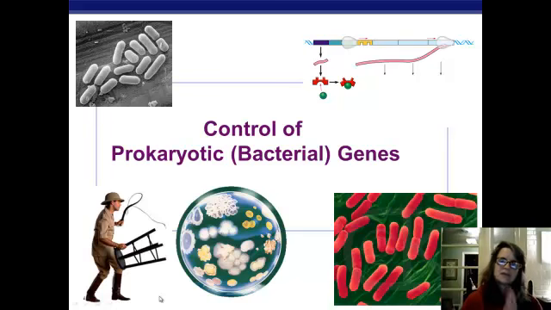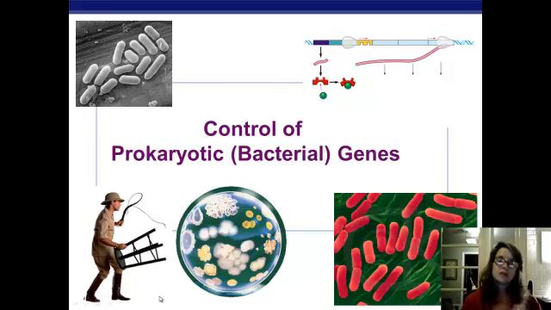All right, we've been talking about how you make proteins, but how do you stop making proteins and then start up again if you need them? We don't want to make all proteins all the time. We want to be able to make them when we need them and stop making them when we don't. It's really important for cells to control the expression of their genes, to be able to control when proteins are made and when they're not.